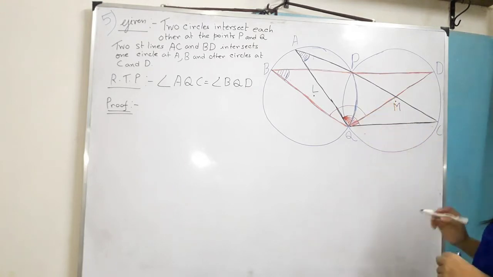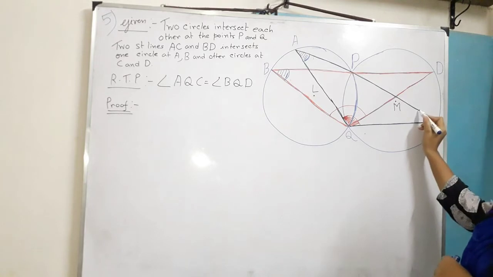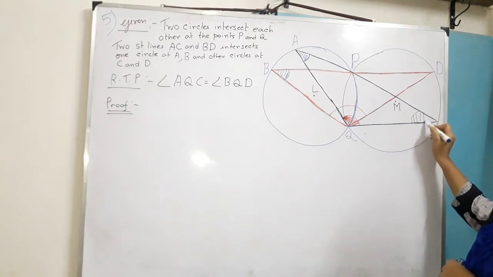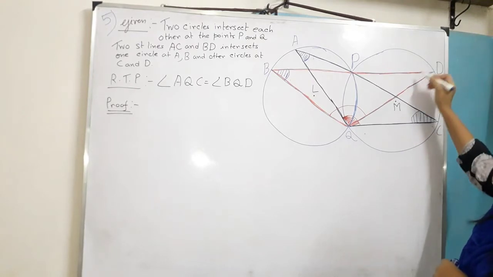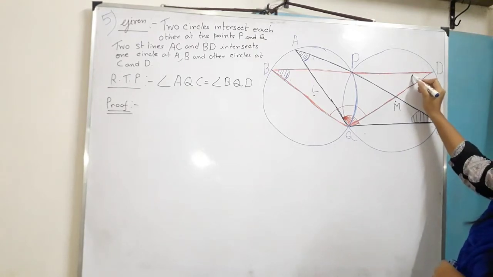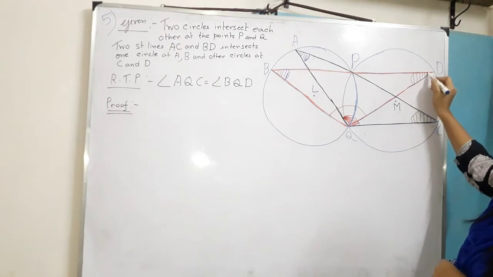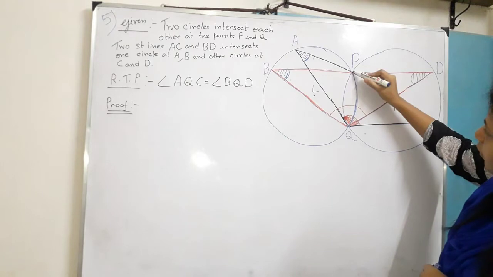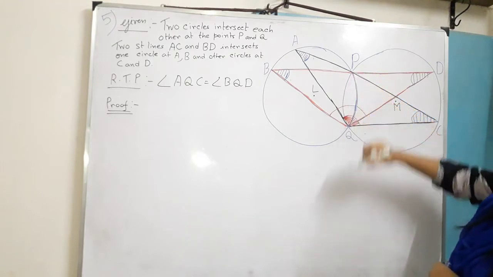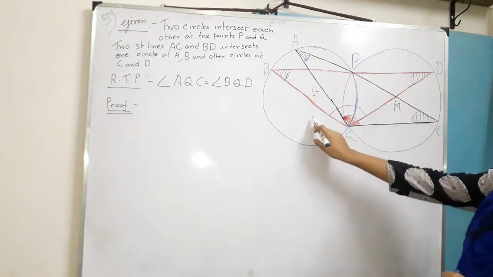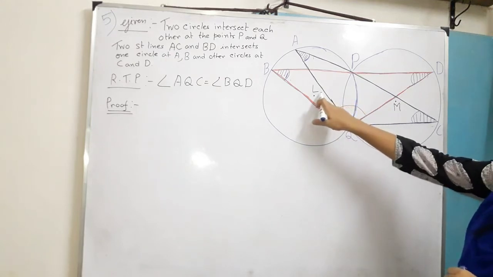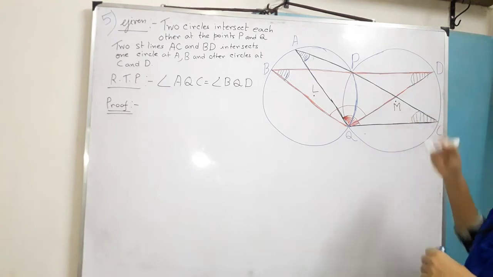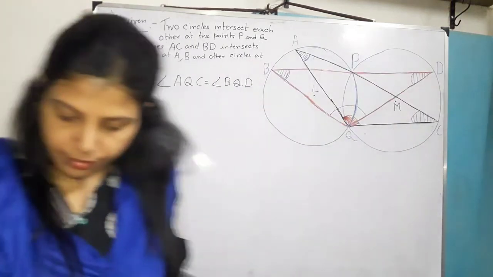Similarly, if I observe these two angles, both of them lie on the same arc here. That one is also PQ, the same segment. Number 1 is on the circle of center L, and the second one is for the circle of center M. Now I will write it down.